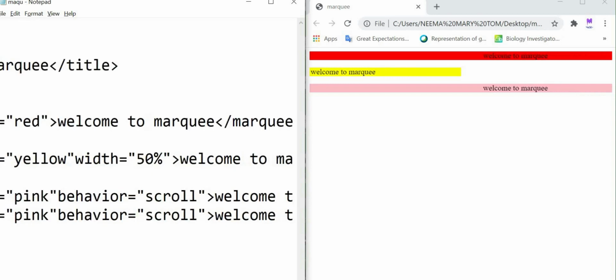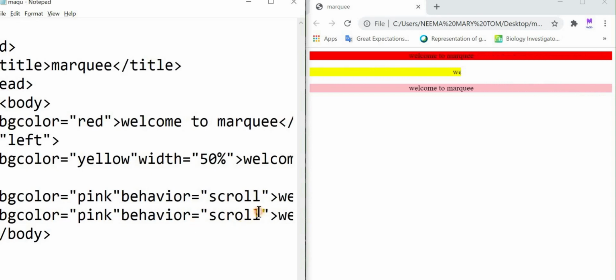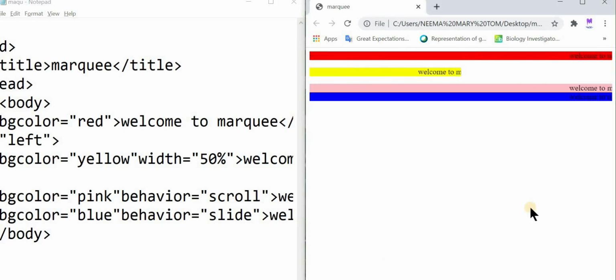Now let's change the behavior from scroll to slide, S-L-I-D-E, and I am changing the BG color to blue. Save the file, refresh the web browser. Now look here, what can you see? Text moving from right to left, and it will stop there at the left position.